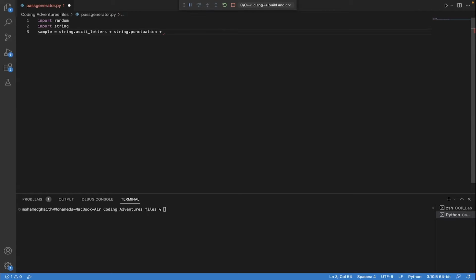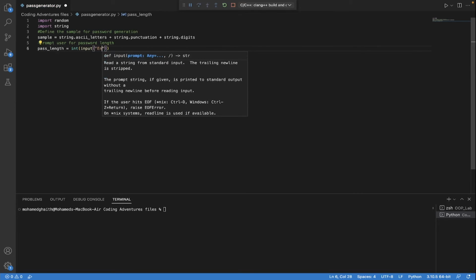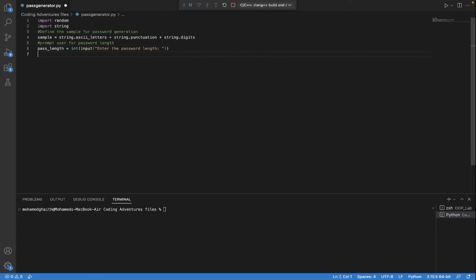Now we want to add the numbers, which is string dot digits. Now we added the numbers here, and the numbers are not added as integers, they are added as a group of strings. Now let's prompt the user for the password length. pass_length equals int input, enter the